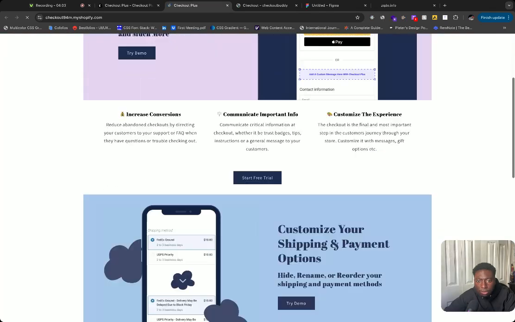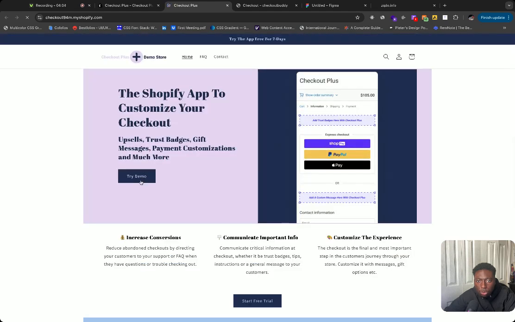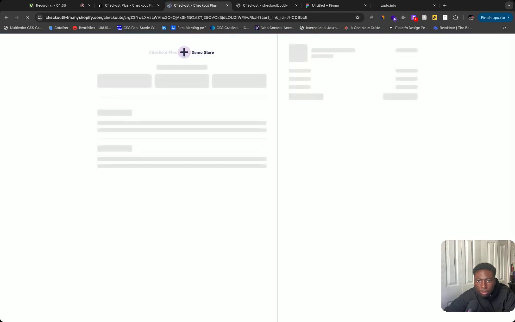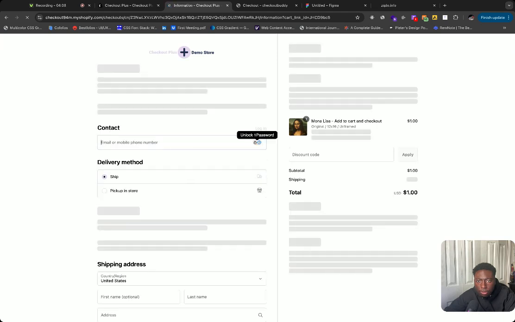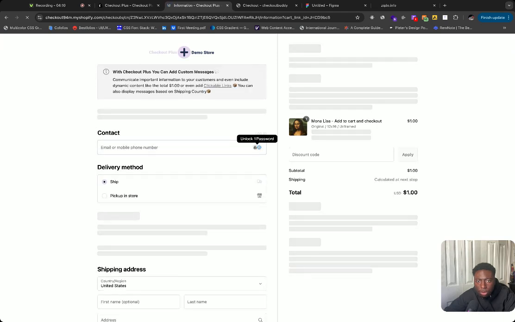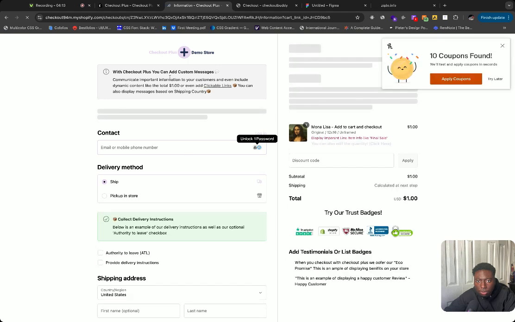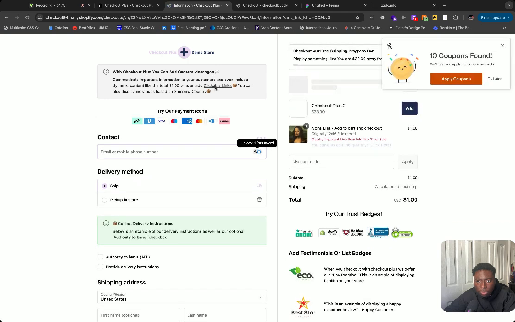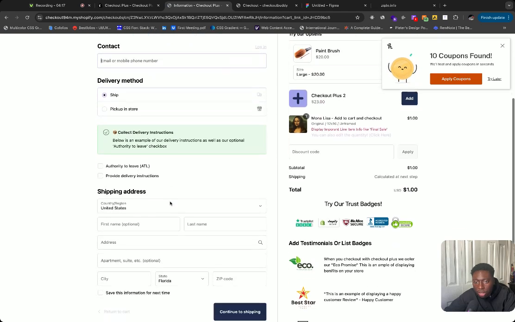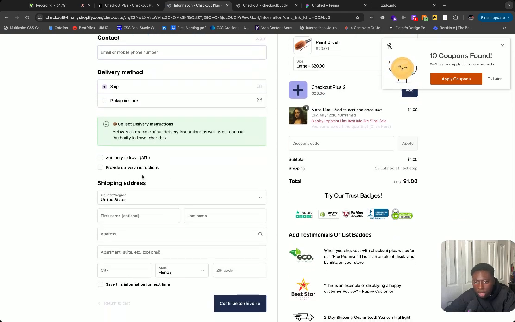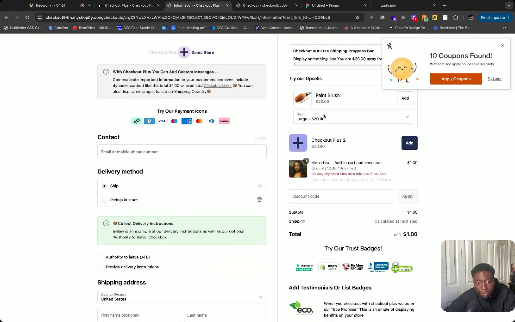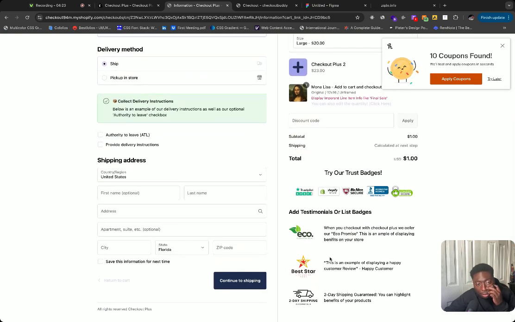Let's go take a look at the demo store here. And if we go to the actual demo, let's wait for everything to load. Again, we see that they have the custom message, they have clickable links, they have a message here. It looks like some custom checkboxes here. They have upsells, trust badges, list badges. So again, a lot of useful things that you can add in as a merchant to just help your store